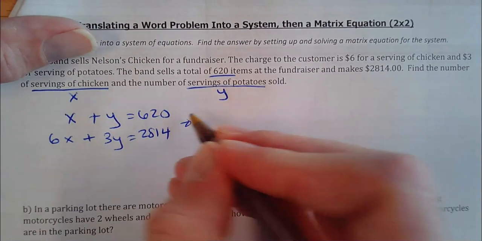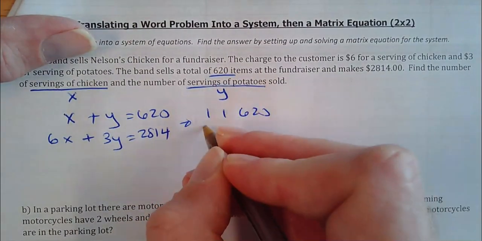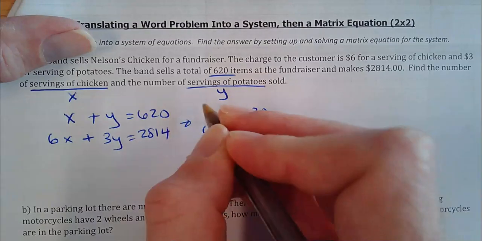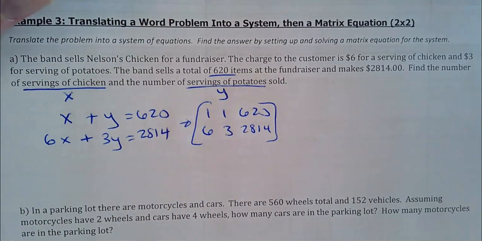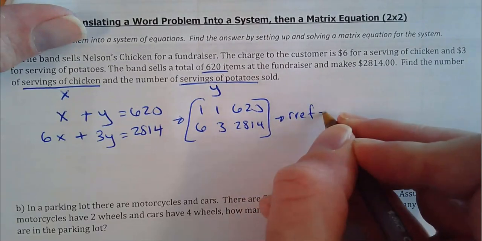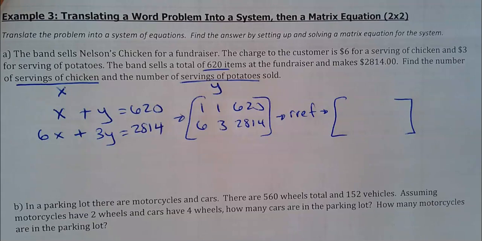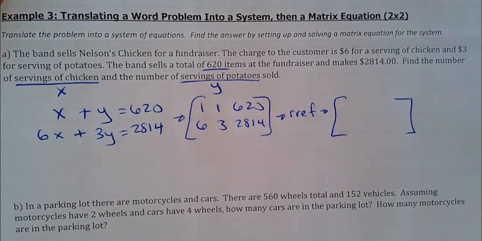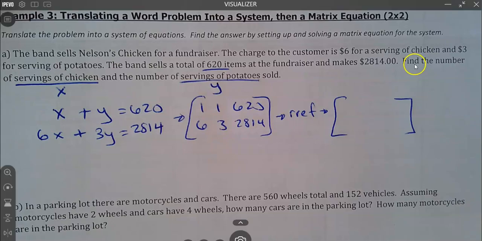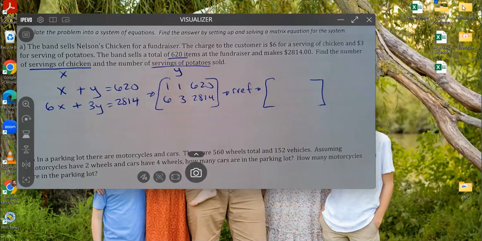So convert to a matrix. 1, 1, 620, 6, 3, 2814. Maybe I'll do it on this one. I was going to show you Desmos in the next one, I'll just do it now. You can't use Desmos on assessments. Say you're at home and you'd really like to solve this problem, but you don't have a graphing calculator with you. First off, make sure you can do it on a graphing calculator, because that's all you can use on tests and quizzes. But if you really need to use something because you don't have a calculator at home,